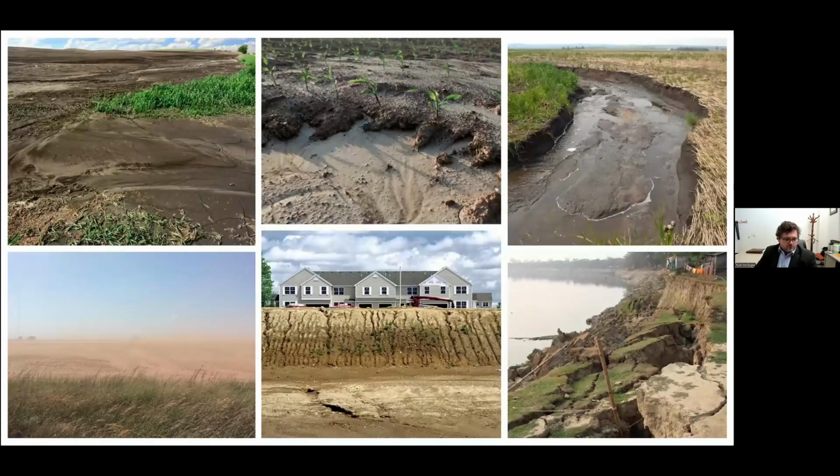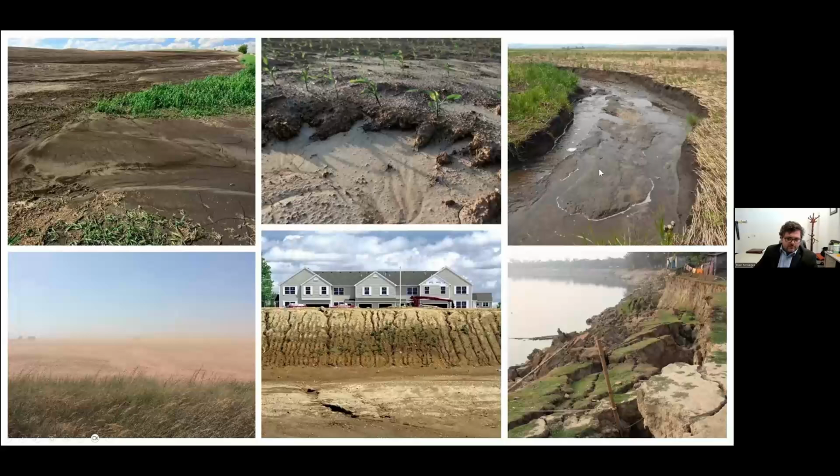And I just want to show some of the variety of different erosion problems that we see. So here on the bottom left, you can see wind erosion occurring on a field that's fallow. And these are kind of close to home for us here in Iowa. This picture in the bottom left is of Kansas. I actually don't know where this one is in the top left. This one's in Tennessee, showing some sheet and rill flow and erosion in a cornfield.